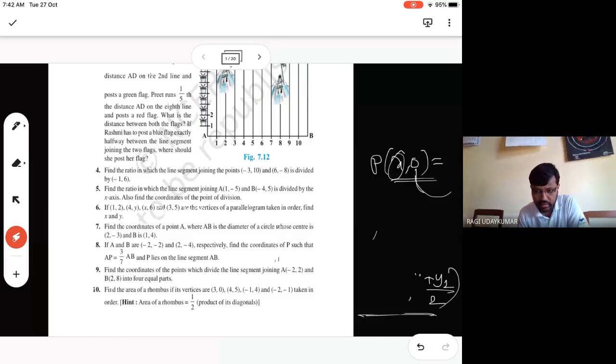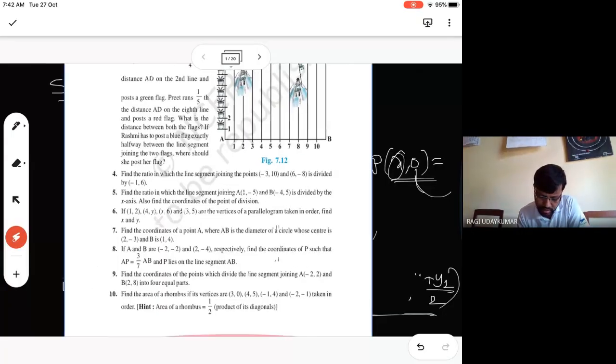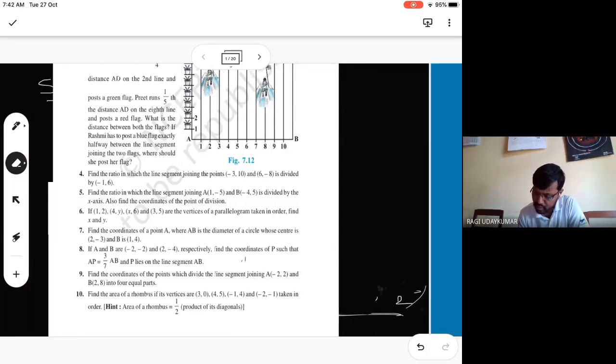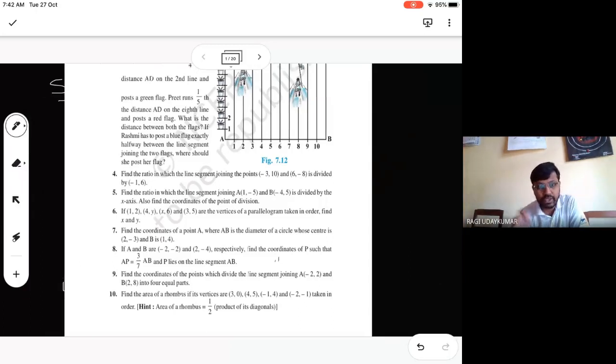Can you do it? कर सकते हैं ना? हाँ? Yes, sir. This same model है but कुछ नहीं है. After finding here m1 is m2, x coordinate x भी find out करना है. You have to find out x also. X find out करने के लिए what you have to do? X coordinate में m1 m2 find out कर, because and also find the coordinates of the point of division. Point of division is nothing but ये point भी find out करना.